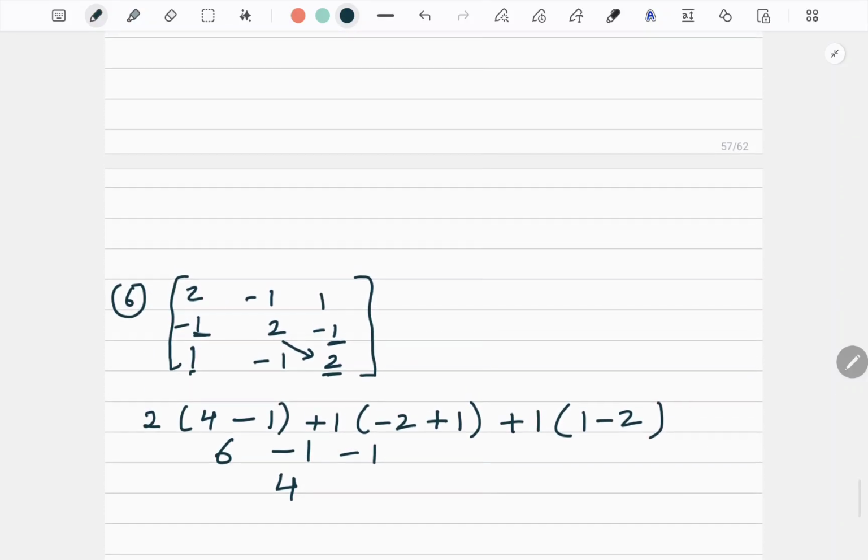So we are done with all the questions of determinant. I hope all of you understood determinant. Practice as much as possible. It will give you more confidence. I will show you how to do this determinant on the calculator. In my next video, I will upload how to use the calculator. I have already shared one video where I have shown how to use the calculator. I have shown the model of calculator also. So in my next video, I will be showing you how to find the inverse.